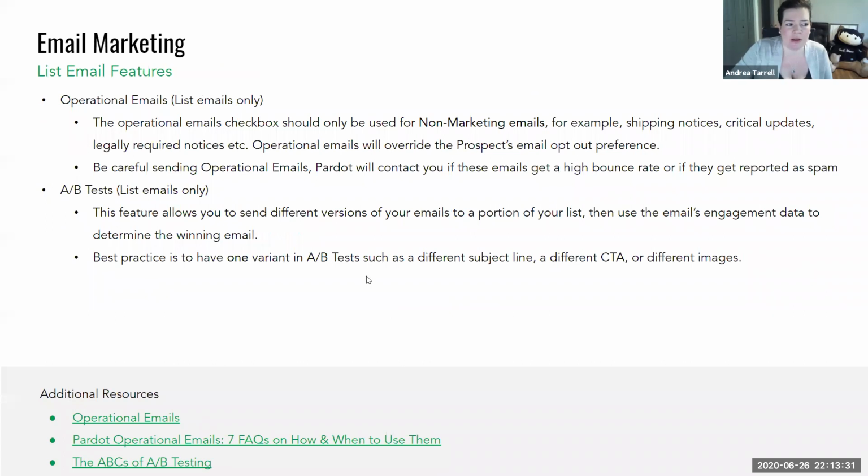So a couple of additional features of list emails. Pardot can send what's called operational emails, which is essentially a tool for non-marketing messages that can bypass the opted out setting. So like if you're sending something like a shipping confirmation or an update to your terms of service or something like that, those can be sent as operational emails,